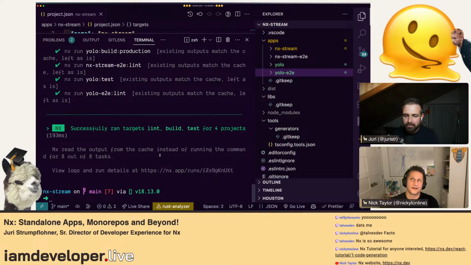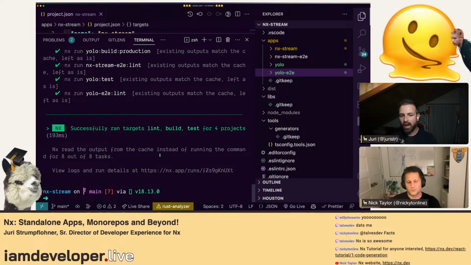And the distributed caching, like you were saying, makes a lot of sense. Say I'm building these things locally and I built a production build, it cached it in the distributed cache. So when I go to run the CI/CD pipeline, if there were no changes, it would just pull it straight from there.